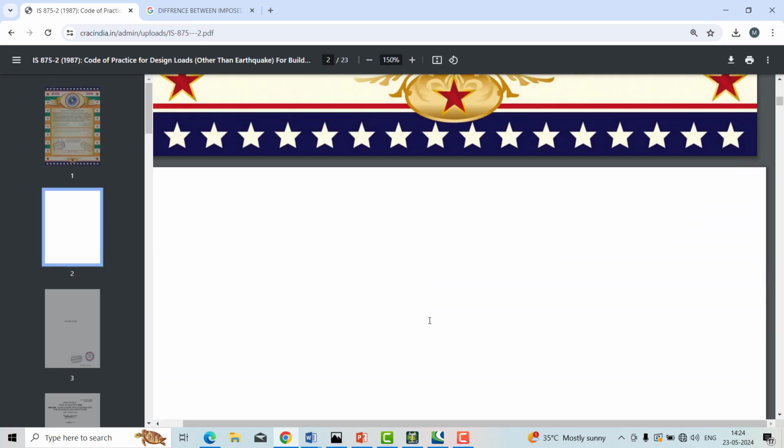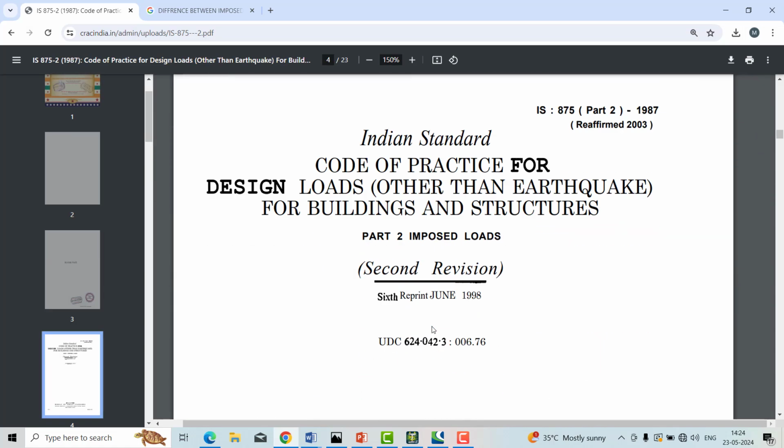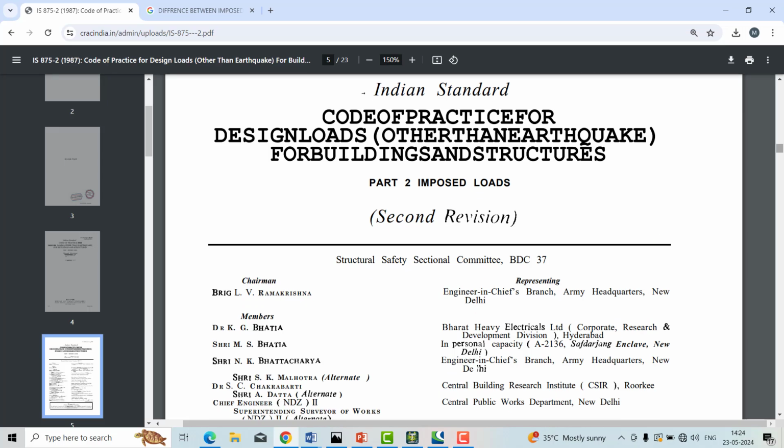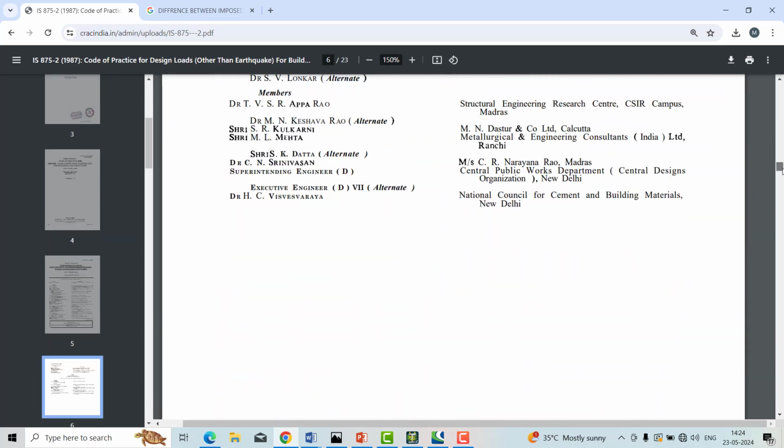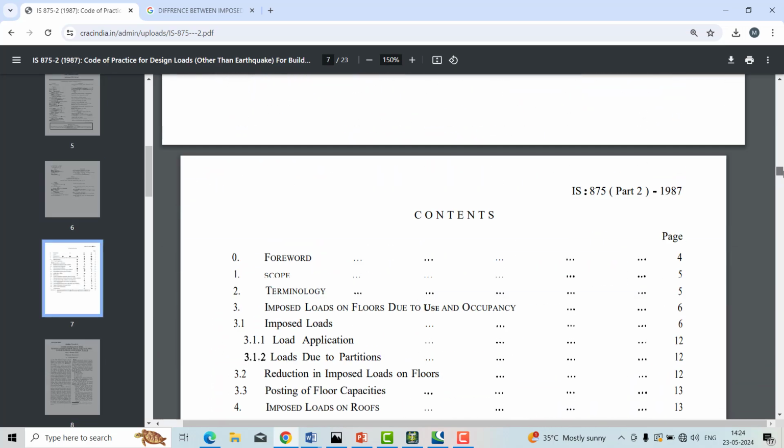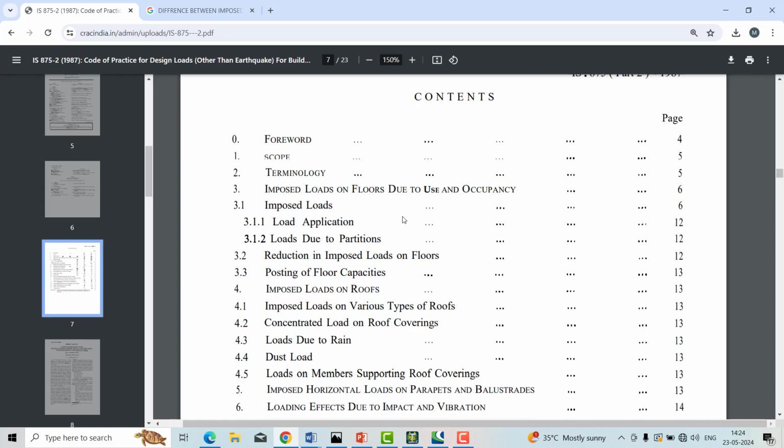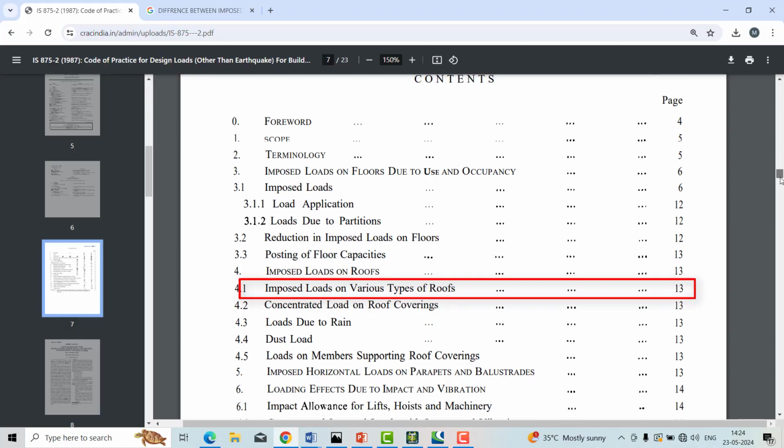Let's scroll down and understand. Live load is nothing but imposed load. Just check in the contents for the imposed load. Go to page number 13.